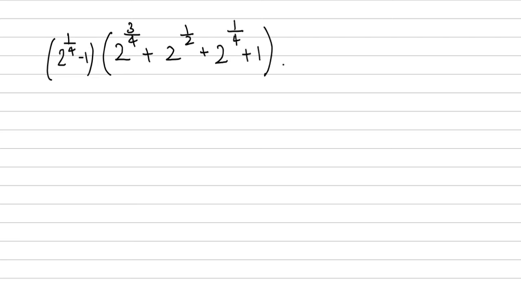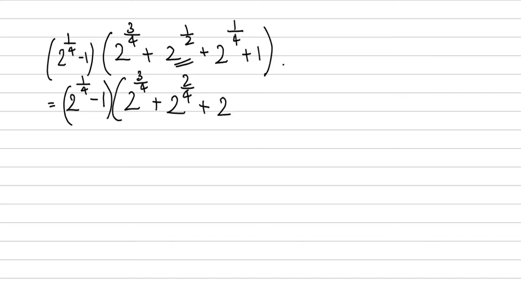So this is the problem given to us, and whenever you have these kinds of problems, try to express all the powers with the same denominator. Like in all the powers we have a denominator of 4, except this one, right? So we are going to change that as well. We're going to change the denominator to 4 here as well. If you want to make the denominator 4, basically you need to multiply 2 in both numerator and denominator. So you will get 2 by 4, which is an equivalent fraction of 1 by 2, right? Okay, so the next term is 2 to the power 1 divided by 4, plus 1.